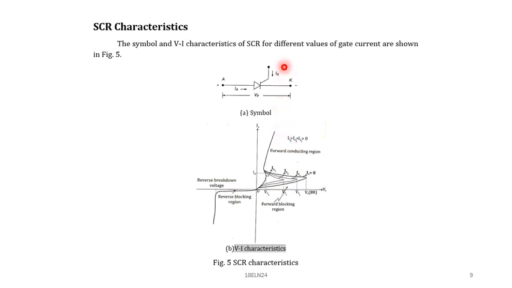Again, if I increase the gate current, mentioned as Ig2 here, the SCR goes from forward blocking mode to conduction mode a little bit faster. The last current mentioned is Ig3, which is greater than Ig2, greater than Ig1, and greater than 0. So the switching action will take place a little bit early. Now the SCR is going from off state to on state very fast. So this is about the characteristics, and this region we'll call the forward conducting region.